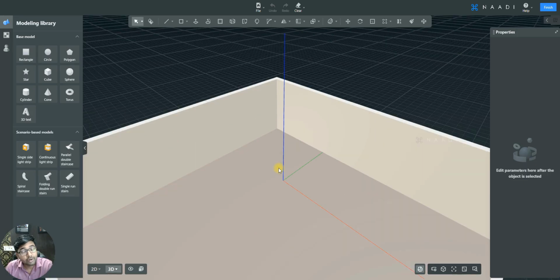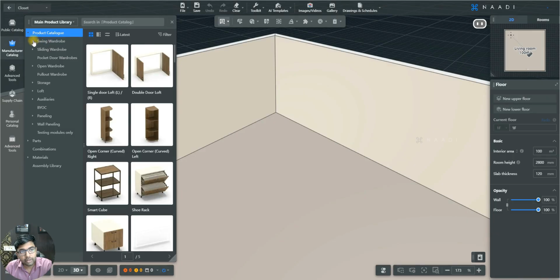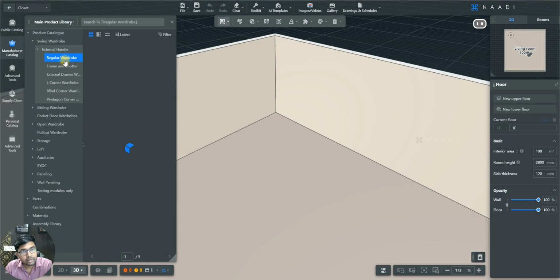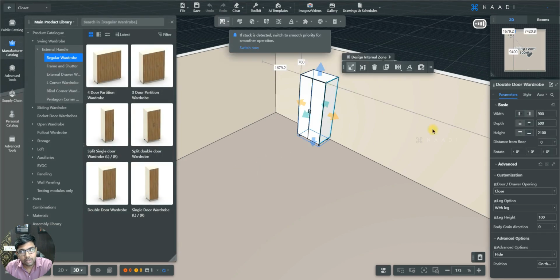For that, you first need your carcass for your cabinets, right? You can place the carcass from our cabinet catalog itself. So for that, first let me just exit this custom modeling window, go to advanced tool, and here let me just select closet, and this will open up our closet catalog, right? In this, let me just place a regular double door wardrobe,